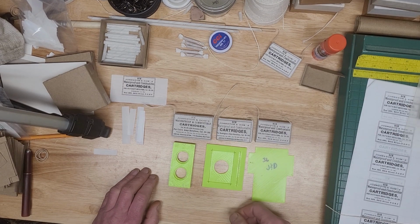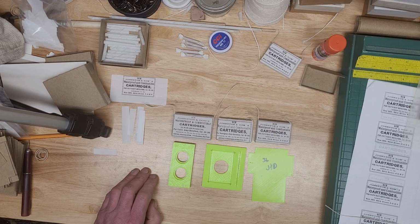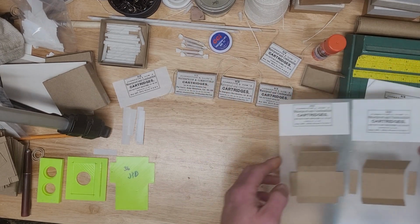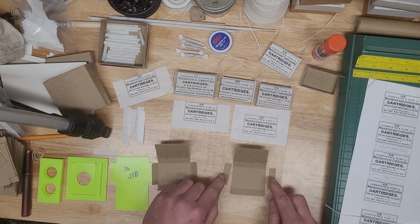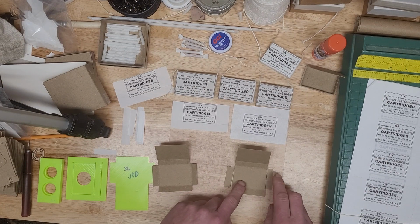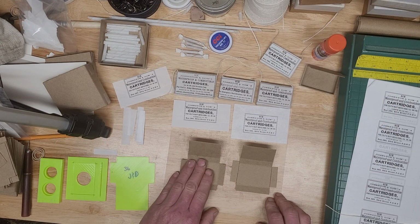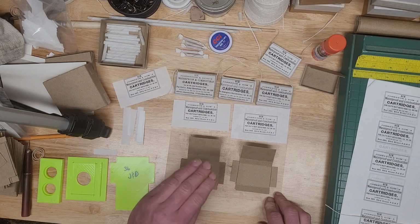And so there's multiple different ways to fold these. There's probably about 3 different ways of actually making the box. The original boxes were probably made like this. A lot of them were done this way. They were a 3-piece box, and so they just cut strips and glued everything together. For me, that's more complicated, I think, and there's a much easier way to make these. Since I have my box notcher, I make them this way,